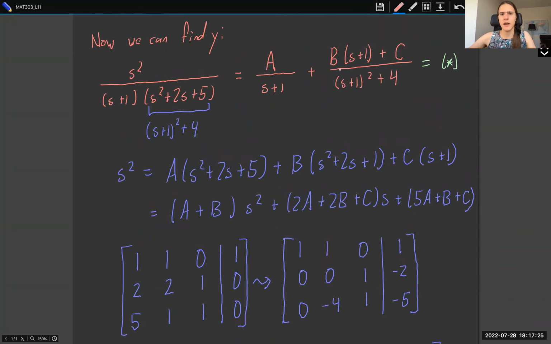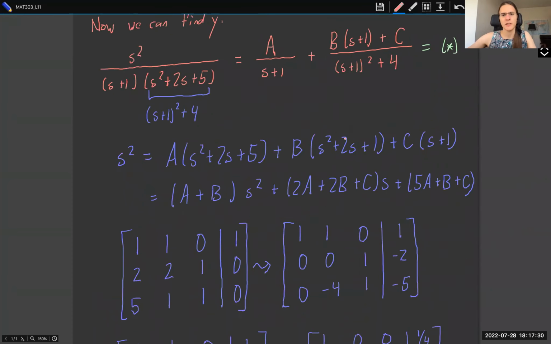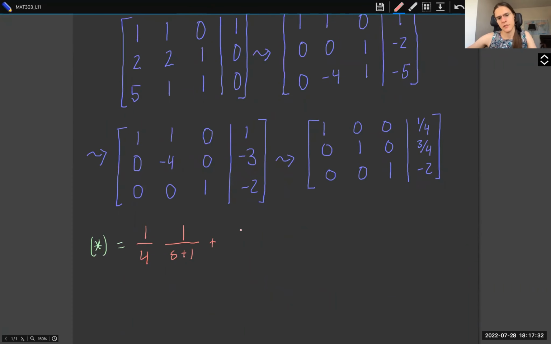Then we get b, which is 3/4, times s plus 1 over s plus 1 squared plus 4. And then I have -2. However, I have a 4 here, and I would like to have a 2 up top. That's nice. I'm not going to take out the 2 up front because